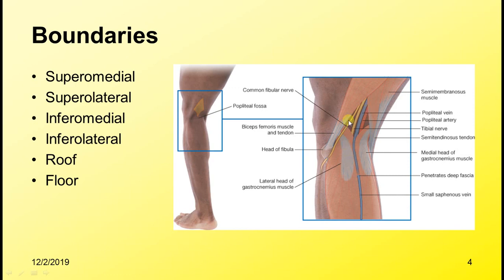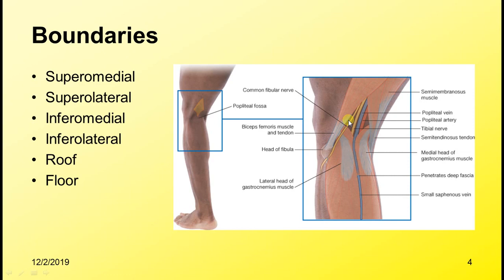Okay. But again I would like to emphasize one thing: roof and floor, only in the prone position will you be able to call it the roof or floor. In the anatomical position, the roof is actually your posterior-most limit, or the posterior wall, and the floor can be called the anterior wall. So correctly speaking, the roof should be your posterior wall and your floor should be the anterior wall, but for the sake of understanding, and not only that,